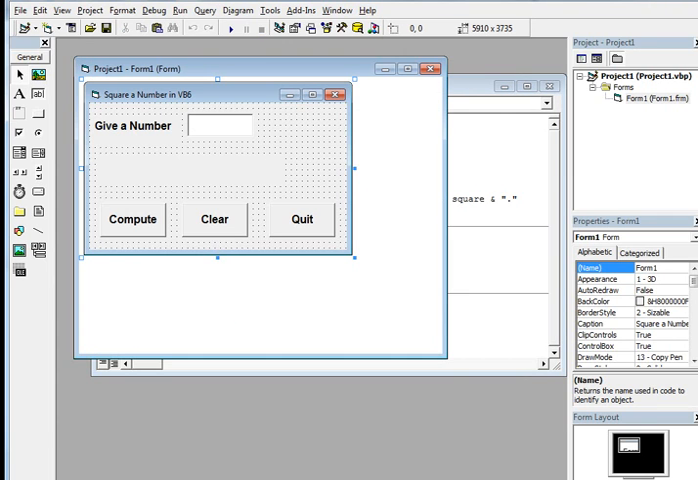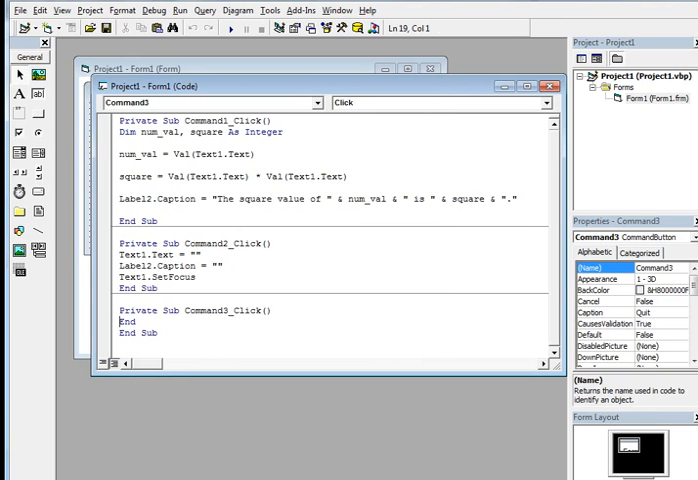And then the third button is the quit button. So we simply have the End statement to terminate the